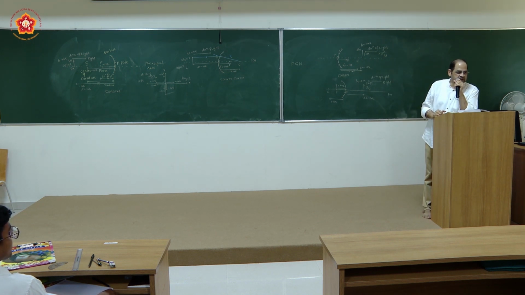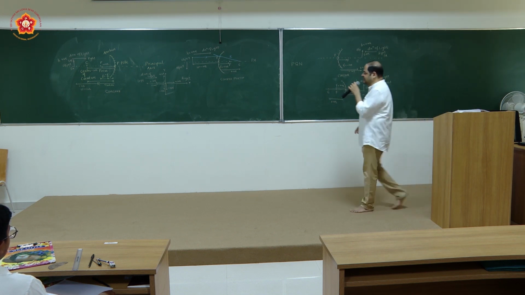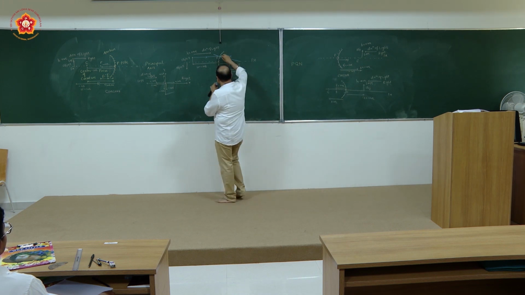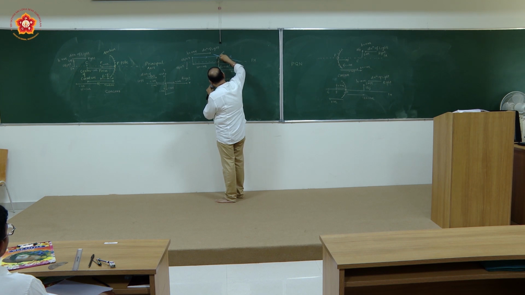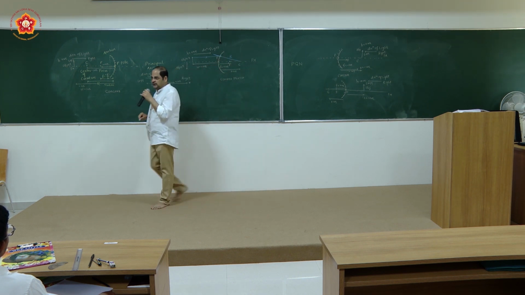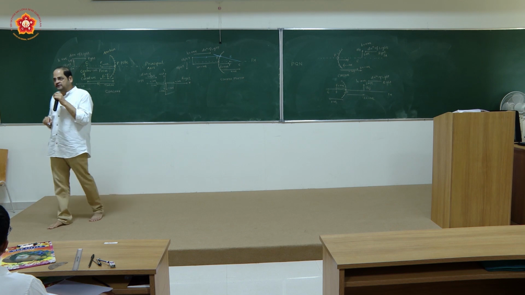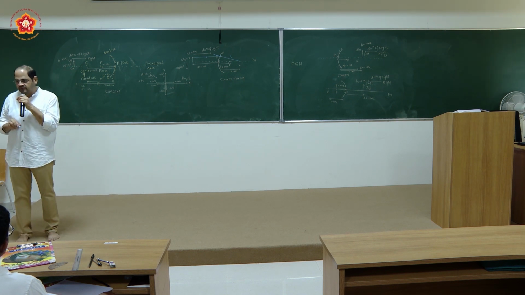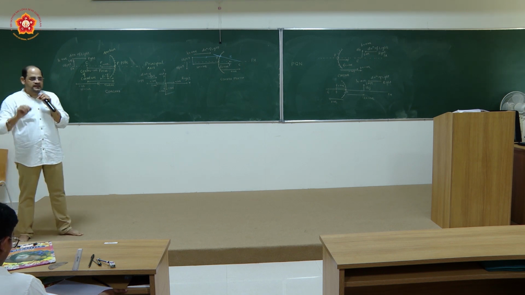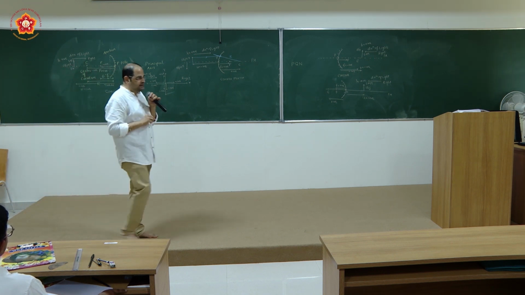What is the angle between the radius and the tangent to the surface? 90 degrees, no? That is known as normal or perpendicular, right? So if you are having that angle as 90 degrees, then at the surface it will be making an angle of 90 degrees here. This angle will be 90 degrees here. So the line joining the point of incidence to the center of curvature will be taken as a normal. Are you able to get me? So normal here is along the radius of curvature. That point is to be remembered.